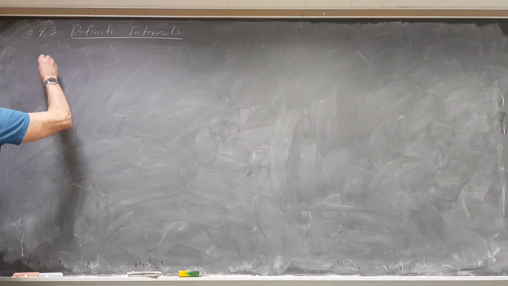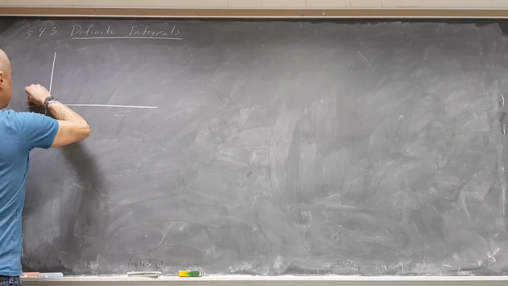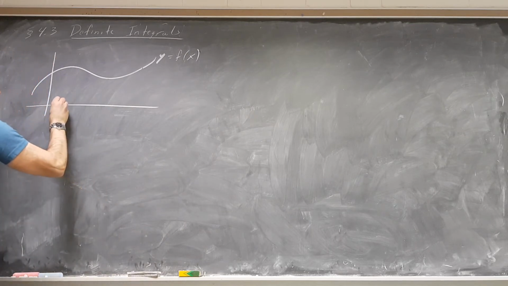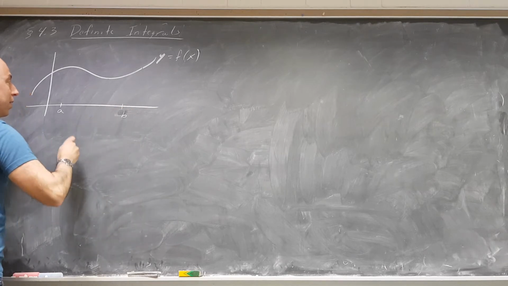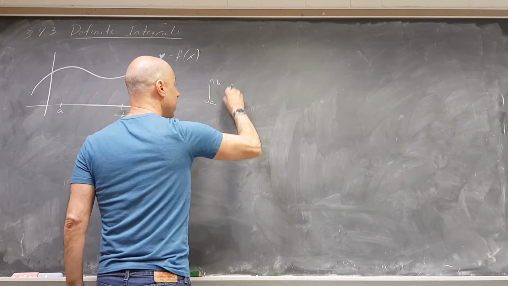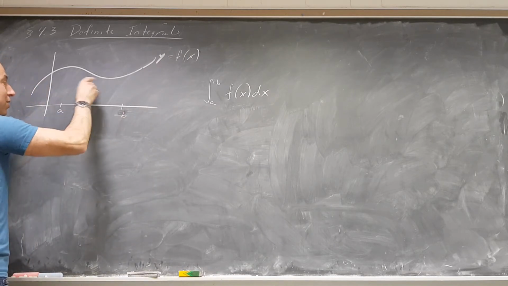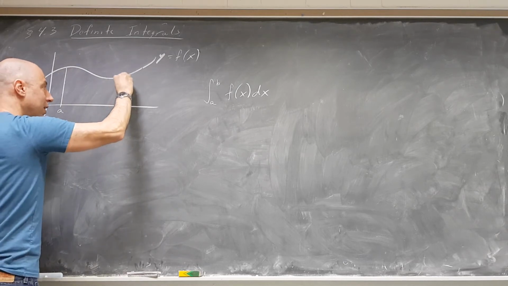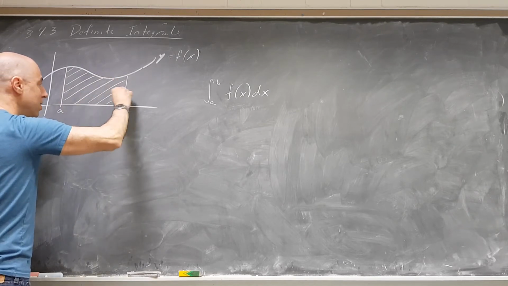So, for instance, if I have the function f of x and I have a curve y equals f of x, and I have two values, x equals a and x equals b, then the integral from a to b of f of x dx, what that means is the area under this curve, f of x, between x equals a and x equals b. It's this area right there, the area underneath the curve